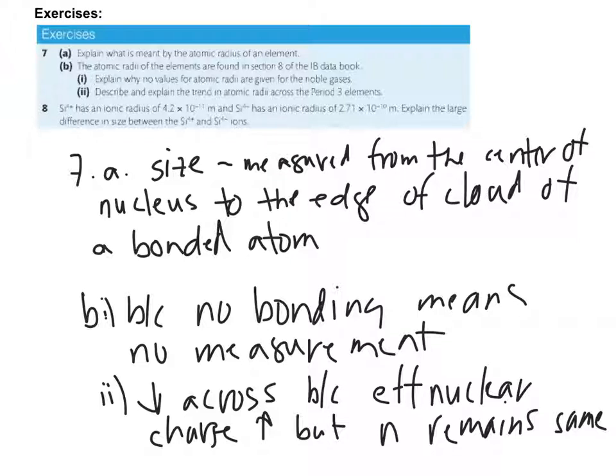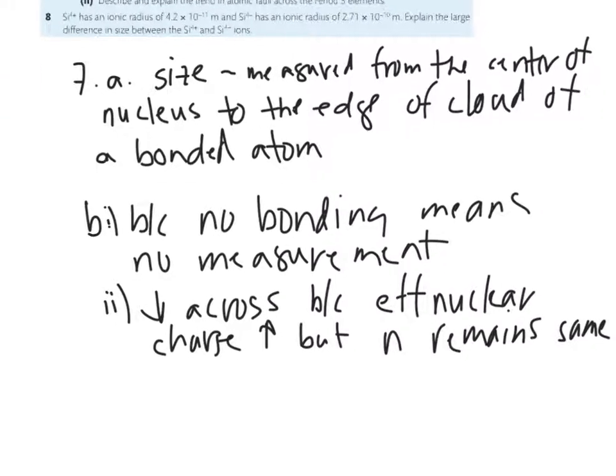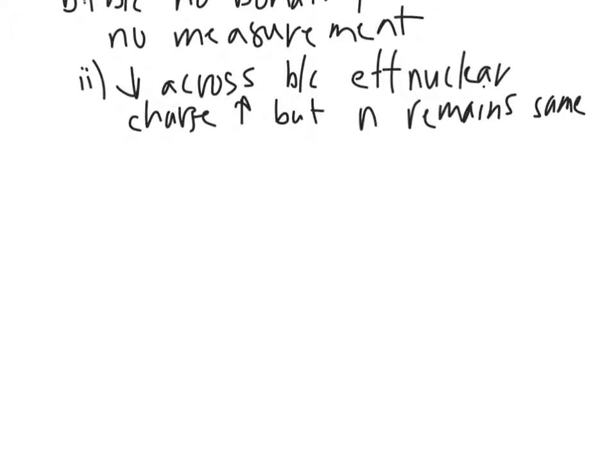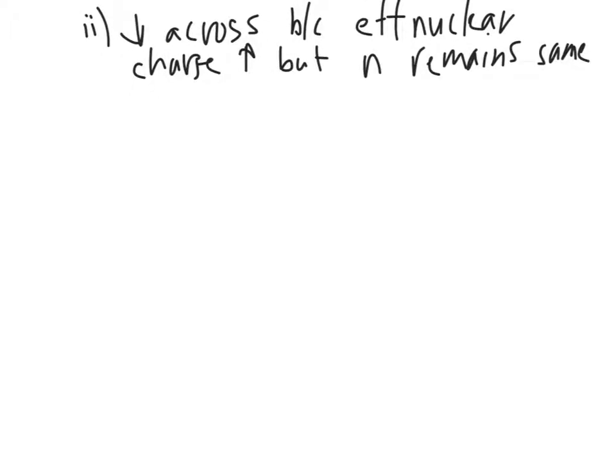And then number 8, says Si4+ has an ionic radius of 4.2 times 10 to the minus 11th, but Si4- has an ionic radii of 2.71 times 10 to the minus 10th. It says, explain the large difference in size between the Si4+ and the Si4-. So what they're getting at here with number 8 is that Si4+